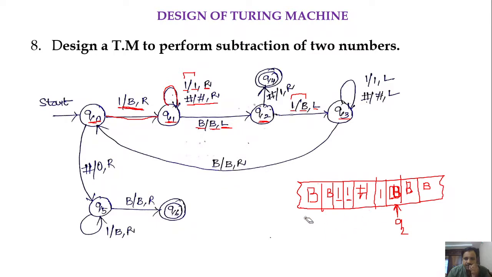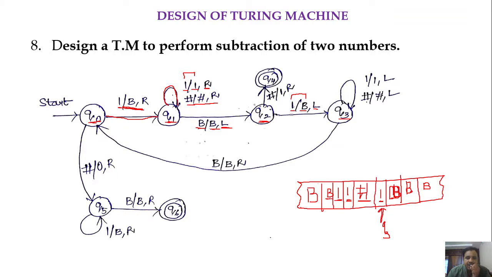Okay, done. So now if we observe this input tape, it is pointing to 1 and we are in state q3. While moving the head towards left, if we get 1, keep that 1 as it is and still move the head towards left. In q3 if we get hash, keep that hash as it is, move towards left. If we get 1, keep that 1 as it is, move towards left.